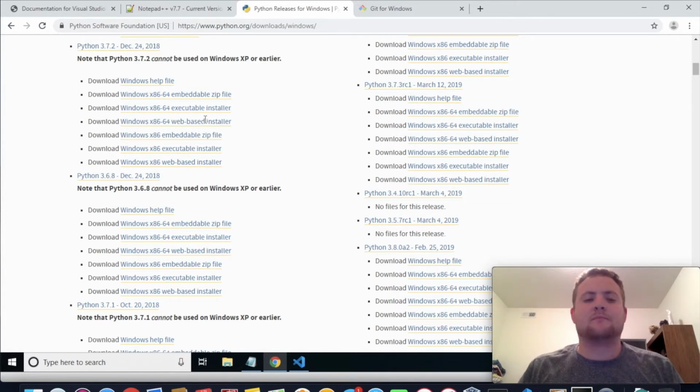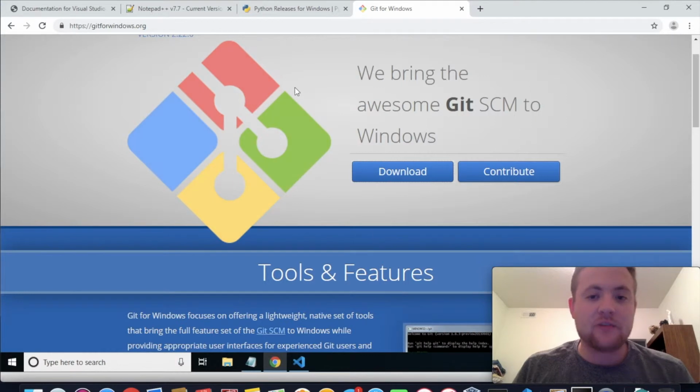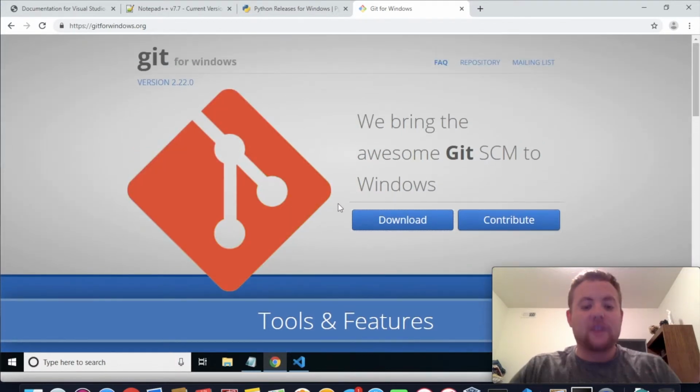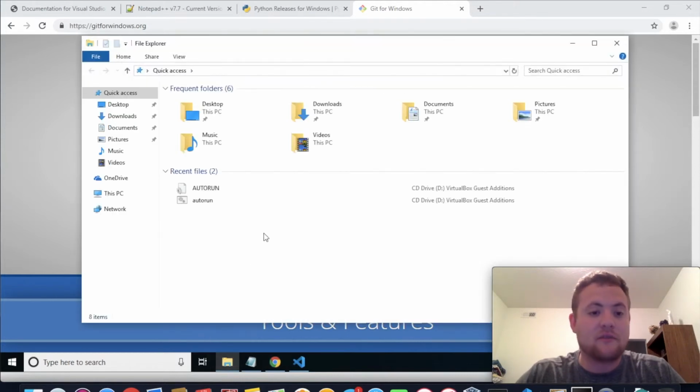On Windows, as far as I know, you need to install it. That's what I've always had to do on the stuff I've worked with. And then I also went over and we searched Git Bash, which took us to Git for Windows, and we were able to download this. What this allows us to do is, and the last thing we need to do to set up our development environment to be developing some software,